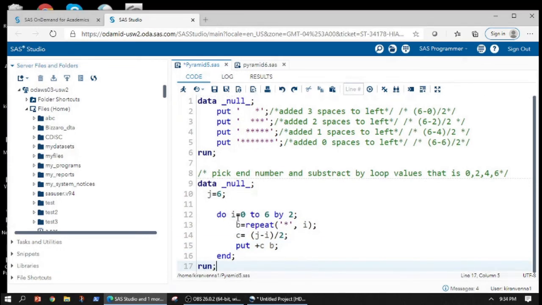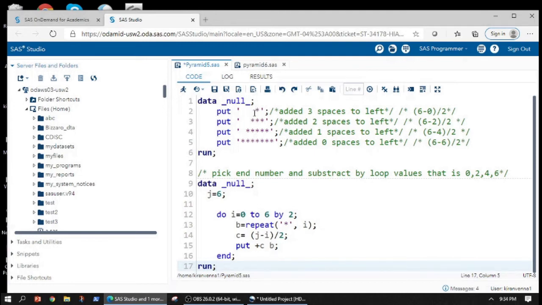Now let us see how this whole thing works. Here I have do i equal to 0 to 6 by 2. When i is 0, I will have 1 star, and my c is 6 minus 0 divided by 2, which becomes 3. As I have plus c, this means it is plus 3, and we have our b, which is 1 star.